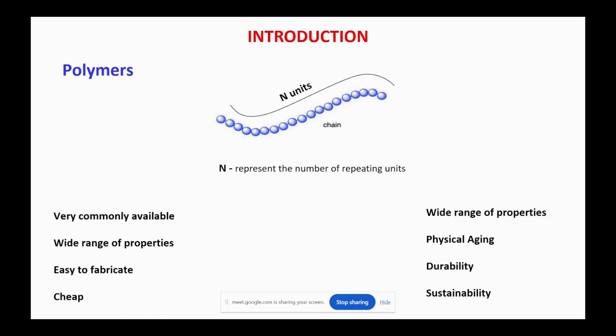The fourth point is sustainability. We said that polymers are cheap because they are obtained from low cost raw material. These polymers are typically obtained as a byproduct from petroleum resources. Since these petroleum resources are non-renewable in nature, this creates a problem for the polymer. They are coming from a non-renewable resource, so that questions the polymer sustainability.